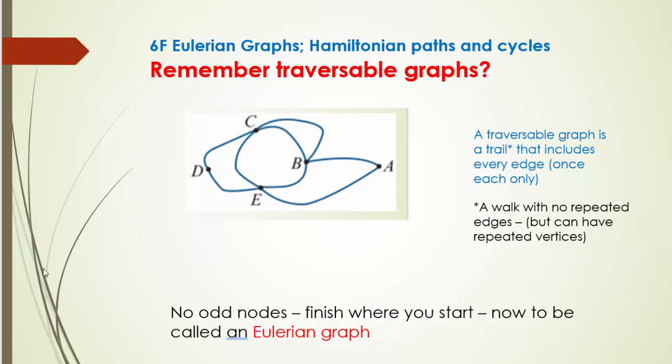So this one is traceable, as you should remember, in that you finish where you start. Just check that works. So anywhere, it doesn't matter where you go, it doesn't matter how you do it, you will always be able to finish up where you start. Now, that is now to be called an Eulerian graph. If it wasn't already, we're now definitely calling that an Eulerian graph, which is to be distinguished from the next